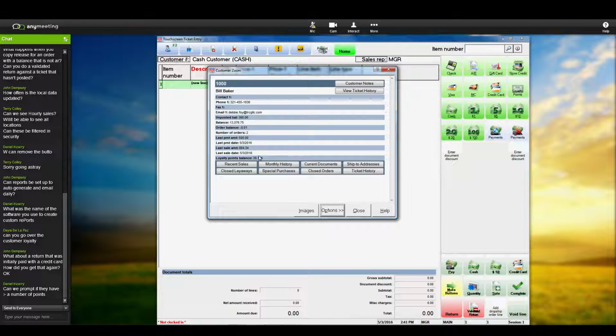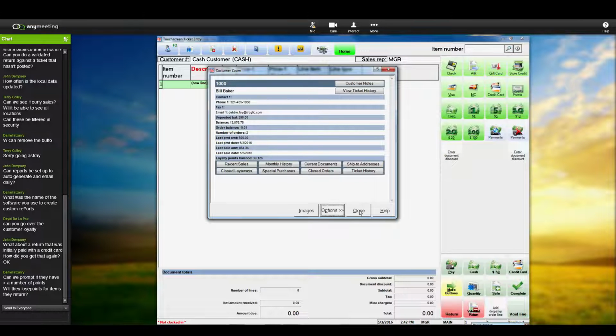You can also have the receipt print how many points they earned today, how many points they redeemed today, and their loyalty point balance, overall balance on their receipt if you want them to. They can earn points on the items that are on this ticket that they're not redeeming for, such as that one I just did. He bought some merchandise. He only redeemed 1,000 points. So everything over that earned some points. And you set this up. You set up how you want the points earned and redeemed during setup. So when we go through setup with you, if you know how you want your loyalty to work,